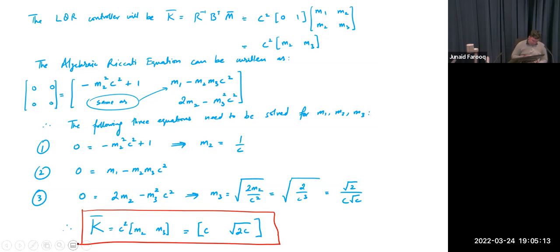Okay, so that was the first step. The next part of the problem asks you to see what are the poles of the closed loop system. So if we use this controller, then the closed loop system will be described by A minus BK,